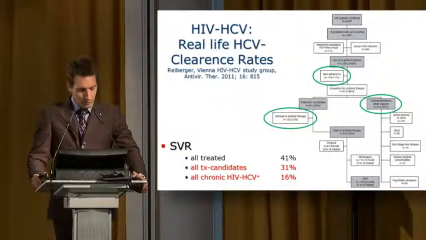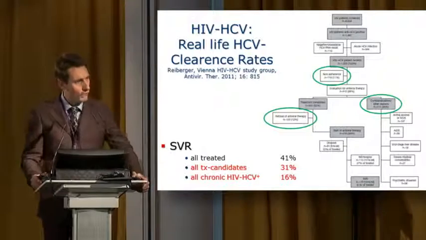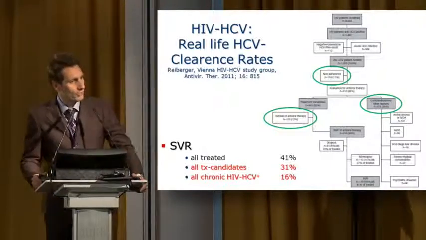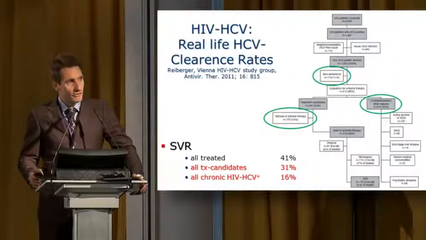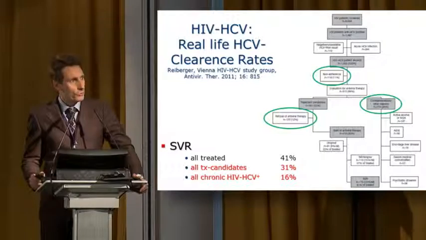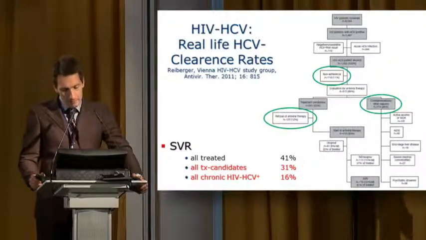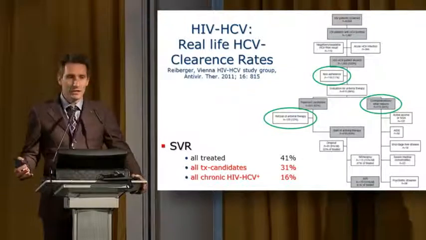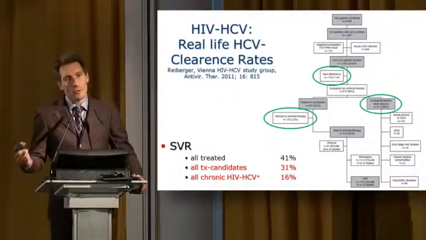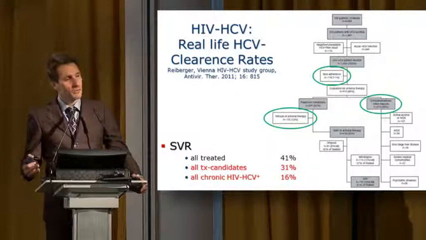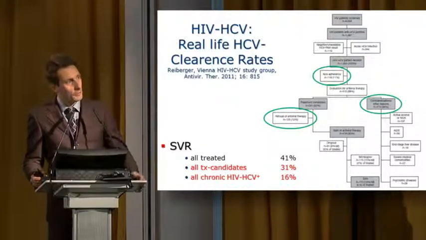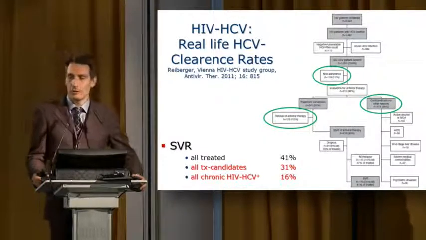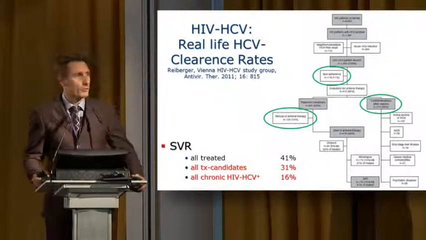So the SVR rate for all treatment candidates was 31%, but the SVR rate of all chronically infected patients was only 16%, due to the fact that many of those patients could not receive treatment because they either did not want treatment or they were not eligible for treatment. So that means even though your treatment might be quite effective in the ones that you can treat, quite a few of those patients you will not be able to treat, and 16% SVR in all of the co-infected patients will mean that quite a few of those patients will have progressive liver disease and will run into problems with